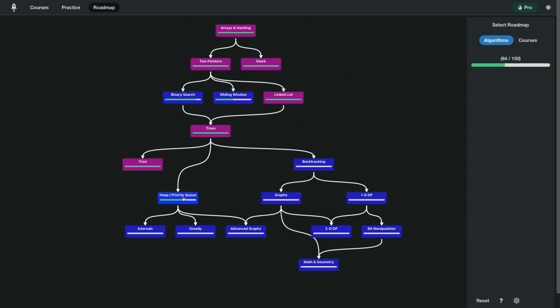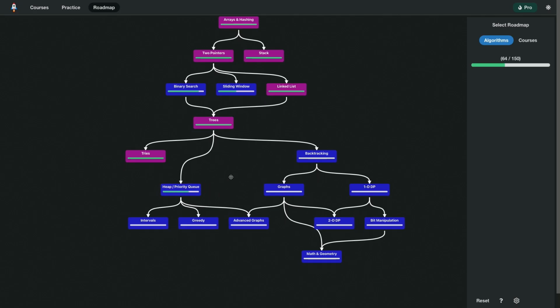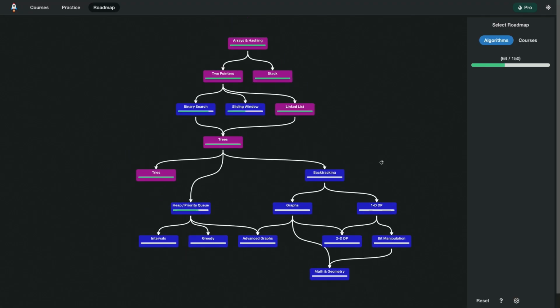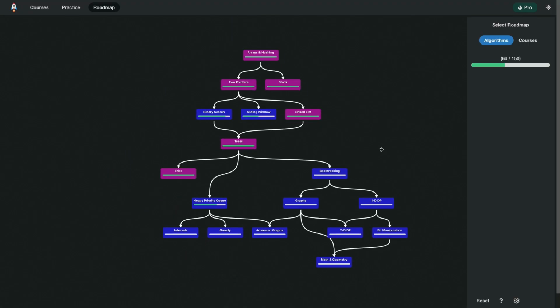Heap and priority queues are a different beast than trees, but especially priority queues, I would say, are more advanced than a tree as a data structure. That's probably why that is here. Intervals and greedy are their own categories. Advanced graph. So yeah, the deeper you go in this tree, the more advanced or obscure